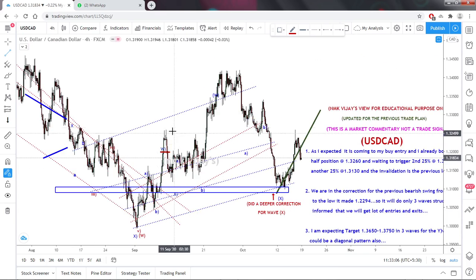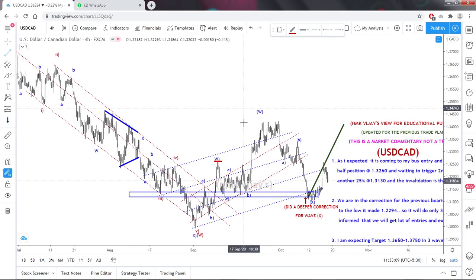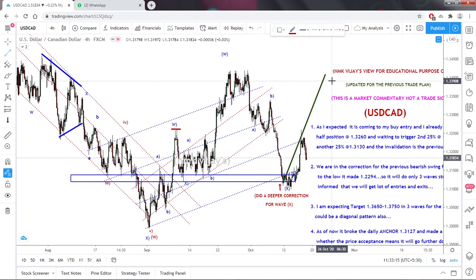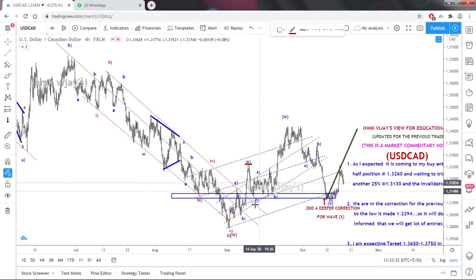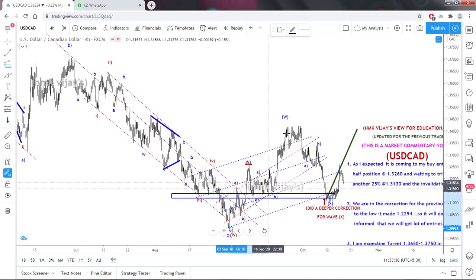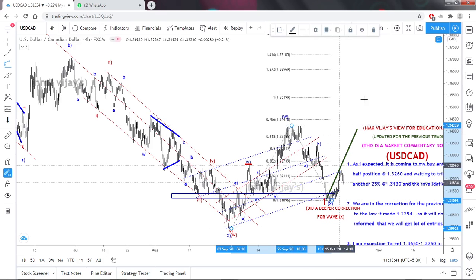See, ABC is a W and X, ABC has finished. So this is a connecting wave. So we are in the A, B and C. That ABC can also be WXY. So if it is ABC, A can be B and a 5-wave structure, then that will become W, and again a 3-wave structure as an X, A, B, C, and that is the end of it if it is a corrective pattern. So the AB equals CD pattern. In that zone again it may get rejected. So that will become a 3-wave structure.